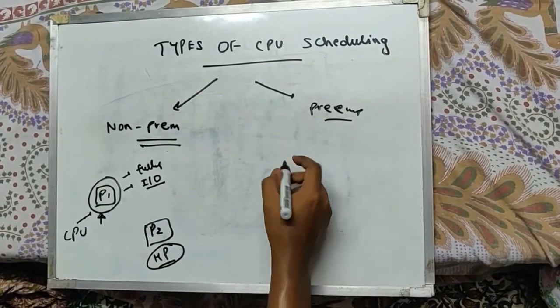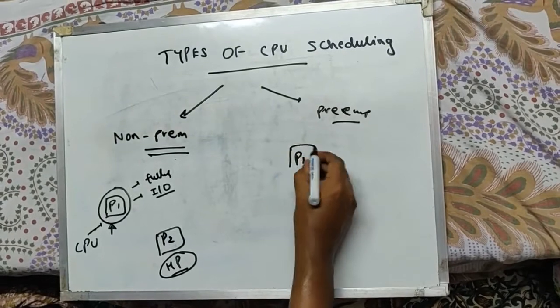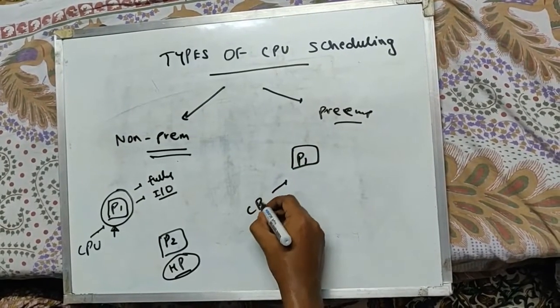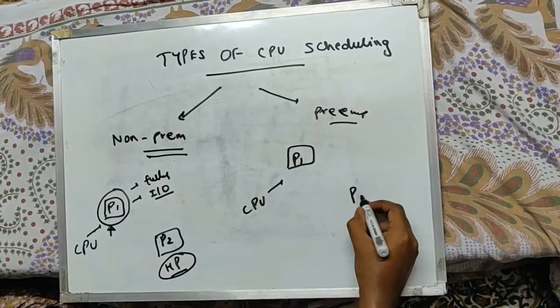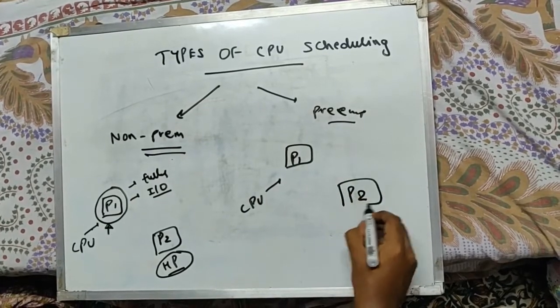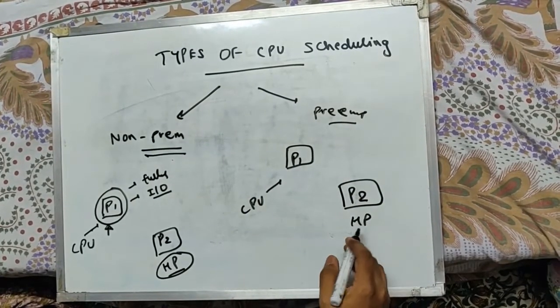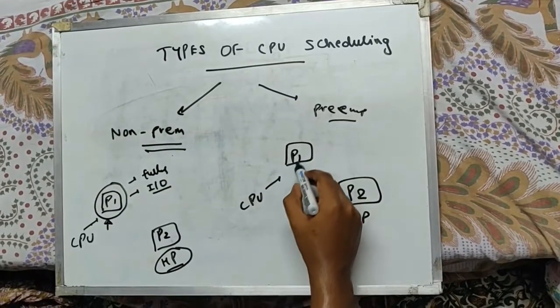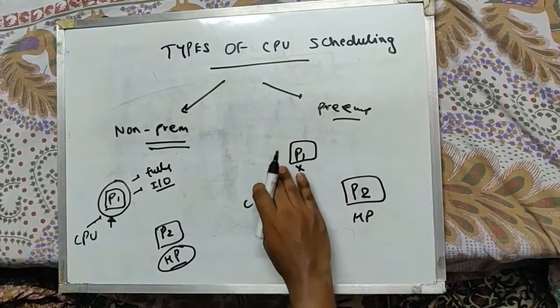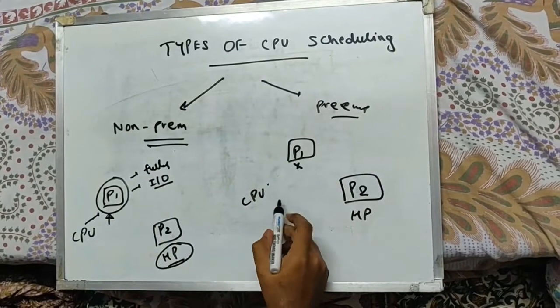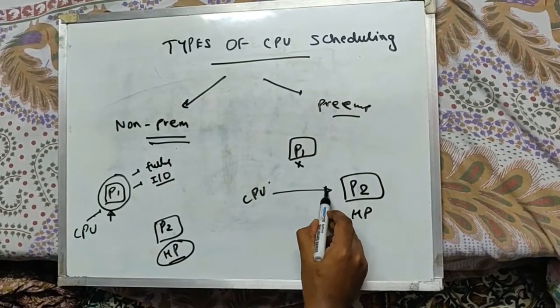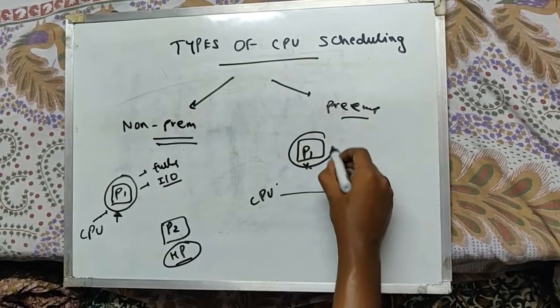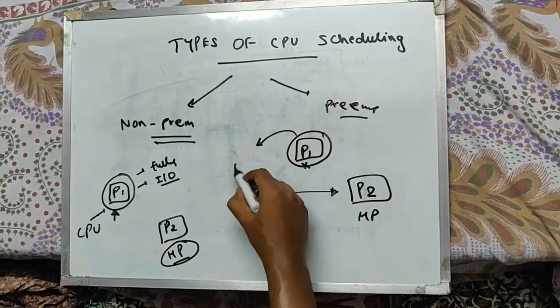Now coming on to preemptive. Preemptive states that if there is a process being executed by the CPU at the moment, and we encounter another process P2 which has a higher priority, there is a flexibility, or an allowance, that the current process can be halted for the time being and the CPU can be allotted to the new process. So this process is halted, that is, it is sent to the blocked state.